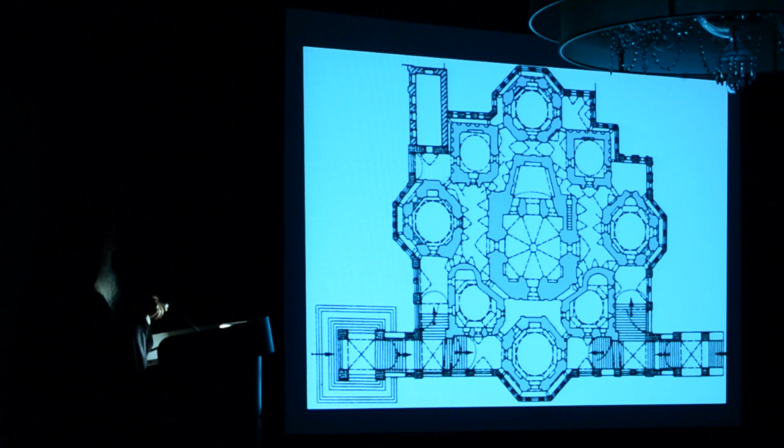Now, this is the paradoxical thing. This is the view of the church, the same church from above. What is impressive here is that where is the space for the people? Very limited. The people here don't see anything from the Holy Altar. Plenty of walls and other things here. There is none of the space that the original basilica offered, or St. Sophia's space. The whole thing is occupied by walls and these kind of things.